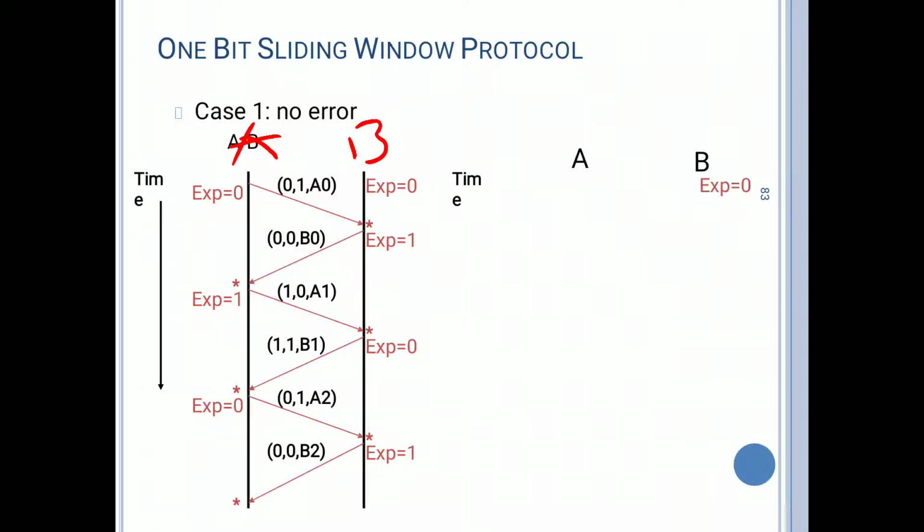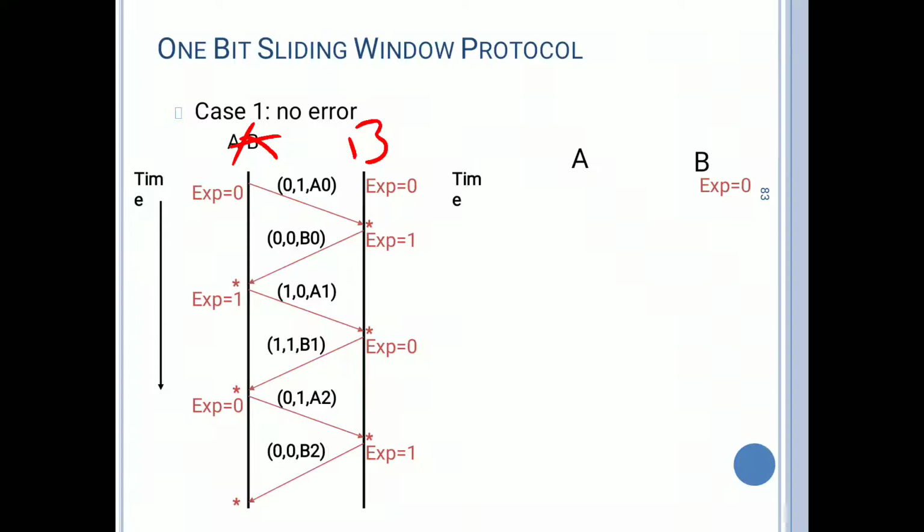Now A starts sending. 1 is the sequence number and 0 is what was requested by B. So it sends the response as 0 and the packet number is A1. Now it is correctly received by B. Now B starts sending. What is the sequence number of B? Already 0 is over, so it will increment by 1. So the sequence number is 1. The 0th frame is received, so now it will request frame 1, and B1 is the packet of B. Like this, without error, the data is simply transmitted from A and received by B.